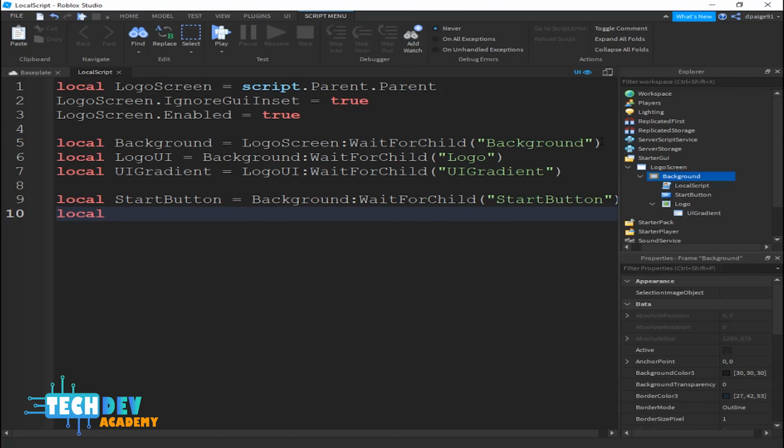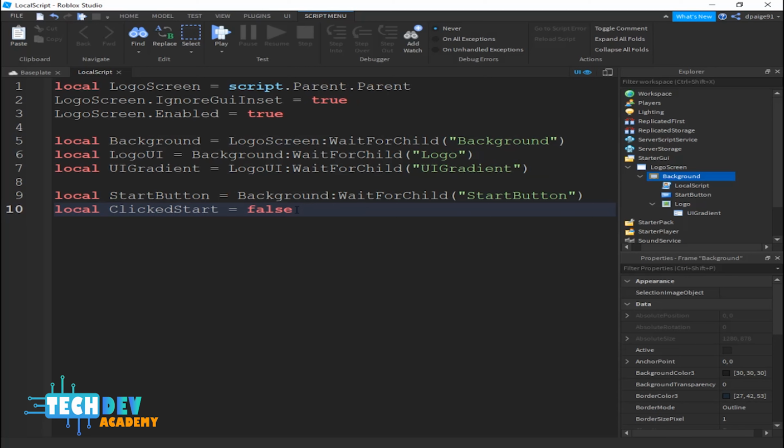Local clicked start equals false. That's line number 10. Let me zoom out a little bit so you guys can see the rest of the words. So we're going to go down to line number 12 and we're going to type start button dot position